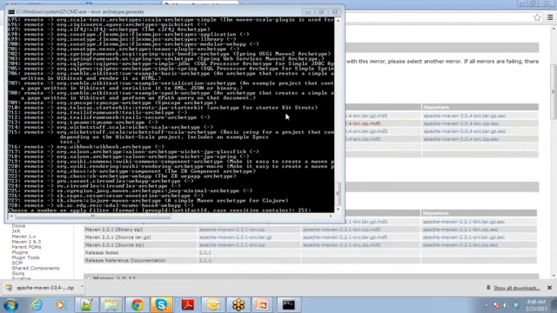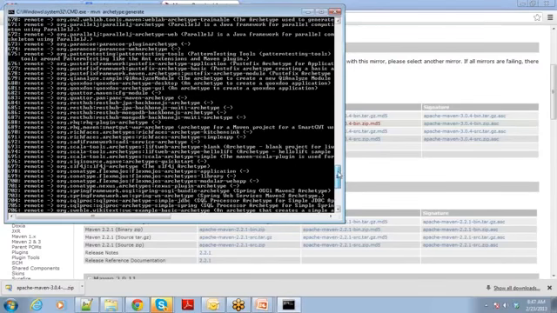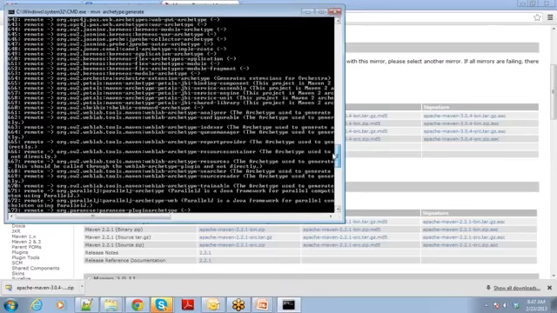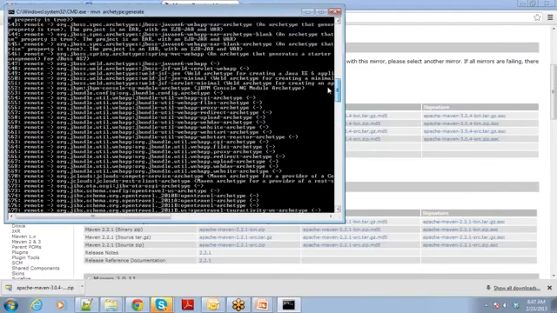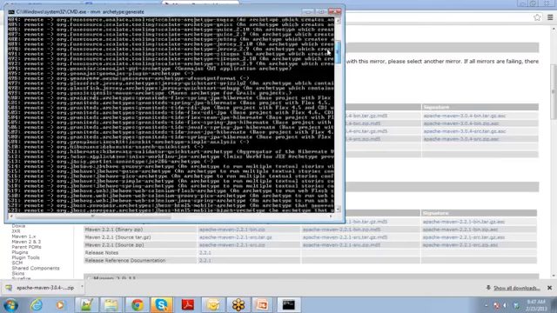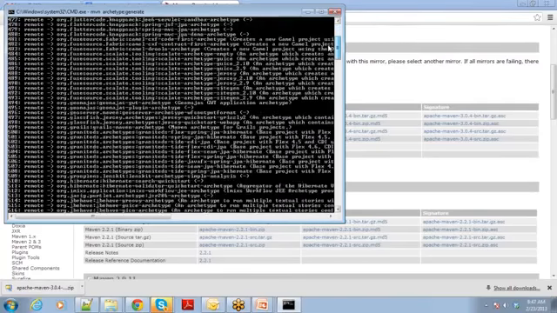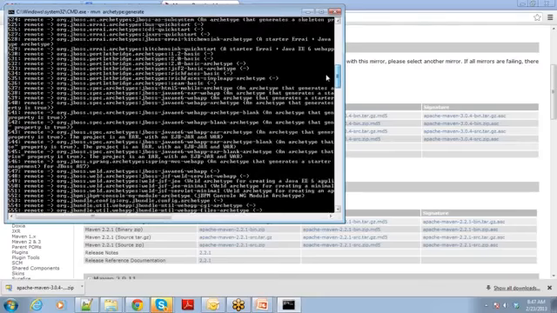Now when I run the Maven archetype generate command, it has downloaded the required things to set up Maven in my system from the public repositories, and you can see on the screen it has given a lot of numbers, and along with that some information is provided. What does this indicate? This is a template, this is the archetype number, and it shows what kind of project will be set up if I use this number. If I scroll above, for instance, these are multiple types of ready-made projects.